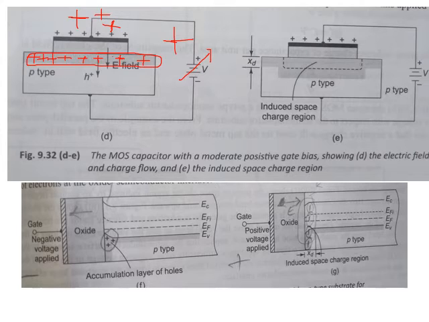They will be repelled. Why attracted? They will be repelled. Positive, and holes are also positive. I am giving positive potential here, right? So they will be repelled. They all will just move away from that junction, or move away from the interface, right? Now once they are moving away due to repelling force, what will be present in this region? Negatively charged ions will be present here.